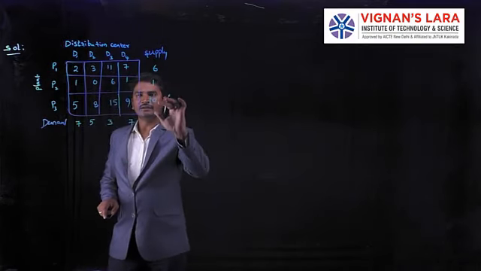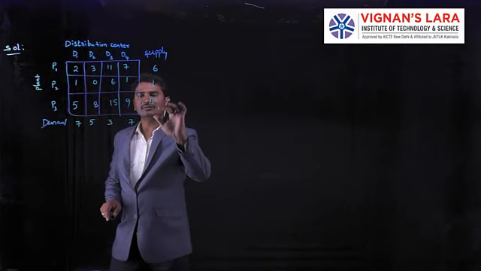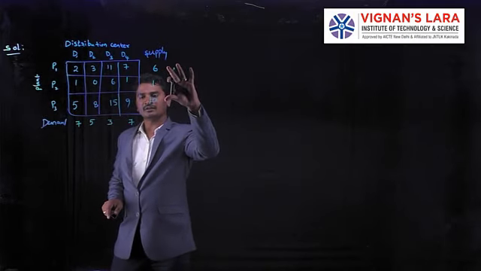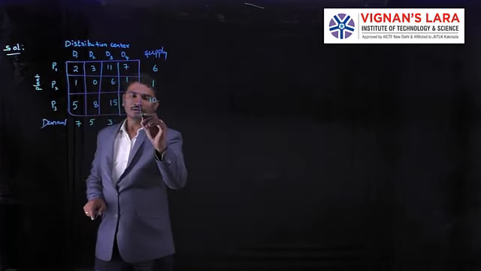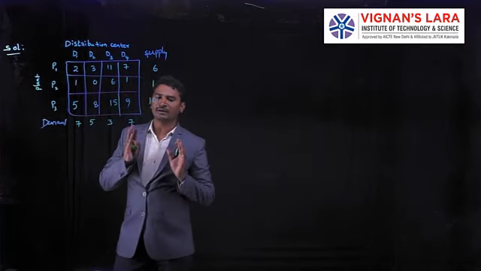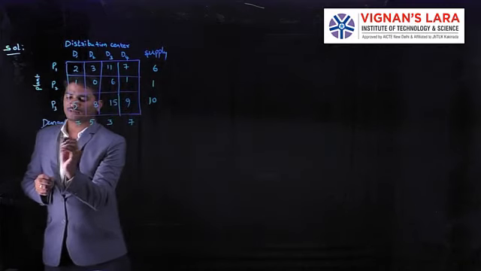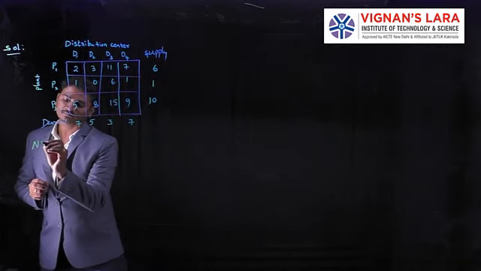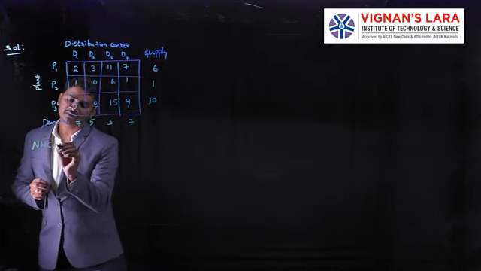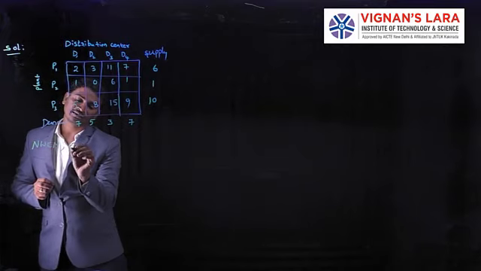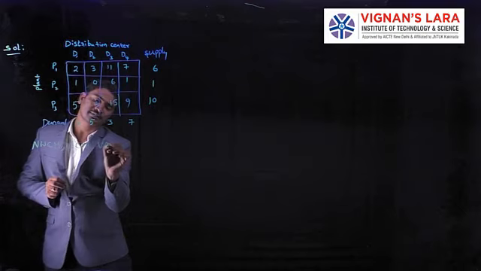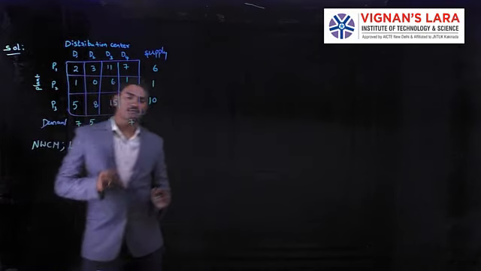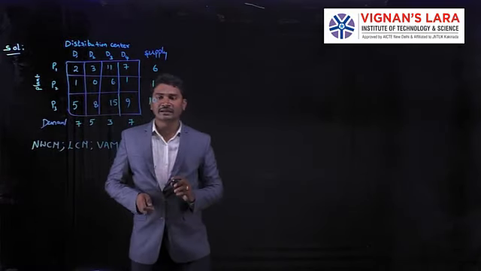It means it is availability. In our hand we have this production, so our demand is this. Here we are going to solve this problem by three methods. One is the northwest corner method, the second one is the least cost entry method, and the third one is Vogel's approximation method, which is also called the penalty method.